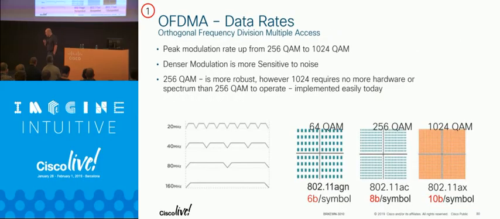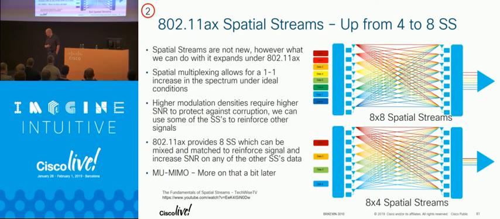And here, we're going to get to go to 1024 up from 256 QAM. So that's a bunch more data in there. But the radios are capable of doing it now. I've got a slide later on that shows what the predictive coverage is, because this still relies on signal-to-noise ratio. And I think it's right around 35 or 40 dB of signal-to-noise ratio you need for 1024. But it gets further than you'd think.